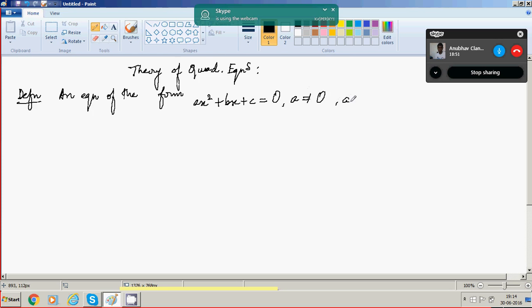We are dealing with a, b, c real numbers or coefficients, and we know that